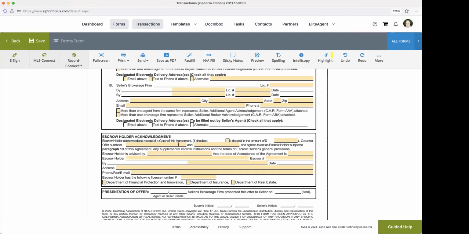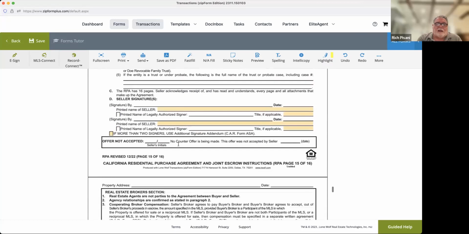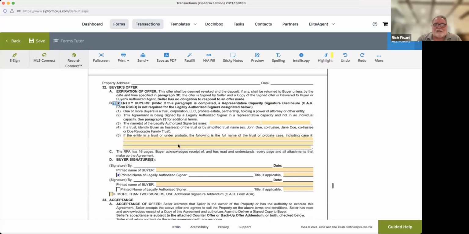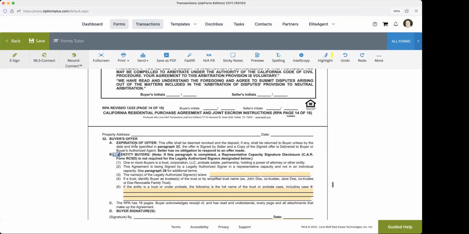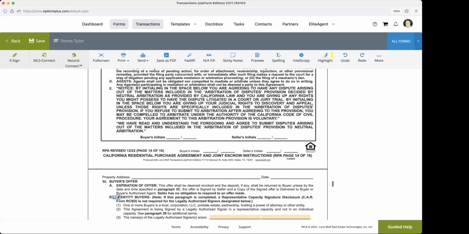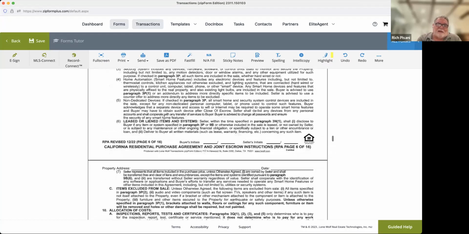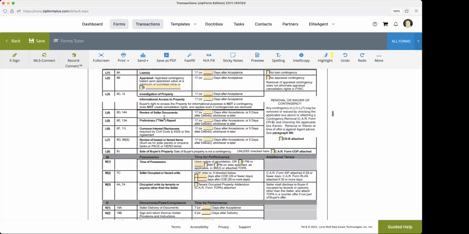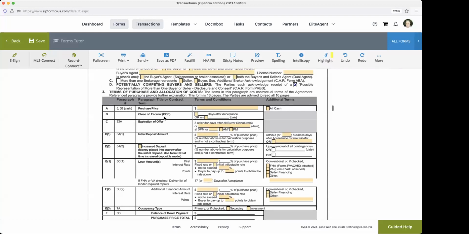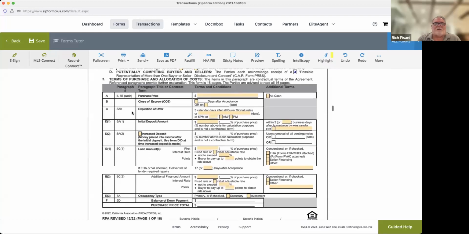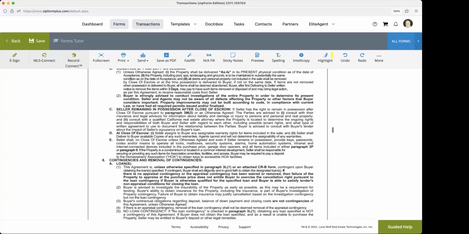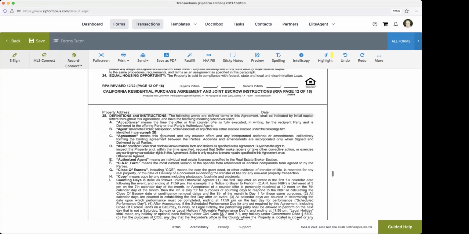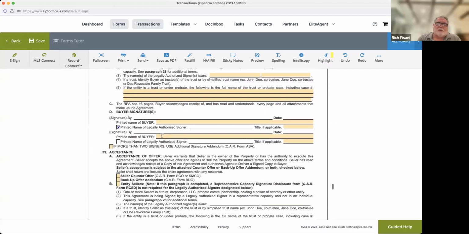Where was it where you could shorten the acceptance time? Because I would never leave it at 3 days. It is right at the top of page 15. Oh, okay. Buyer's offer expiration of... well, no, you do it originally all the way in the front. Yeah, it used to be at the end. Okay, I just want to make sure. No, it's up front, expiration of offer right there. Okay, they changed it. Okay, thanks.